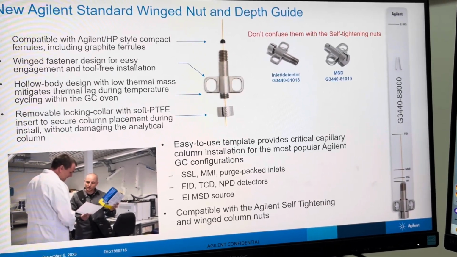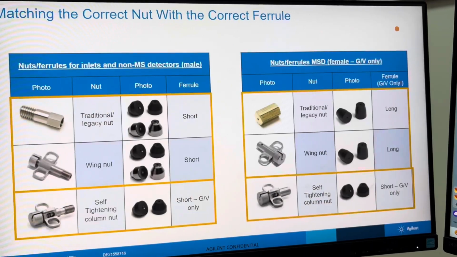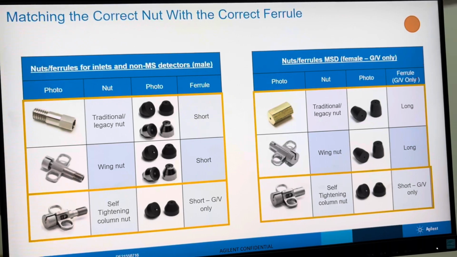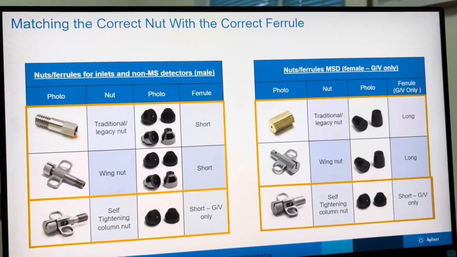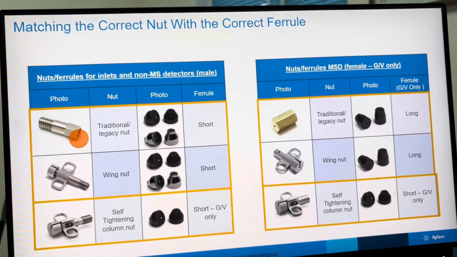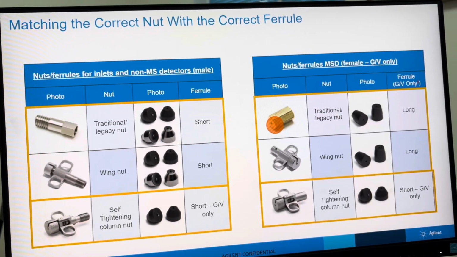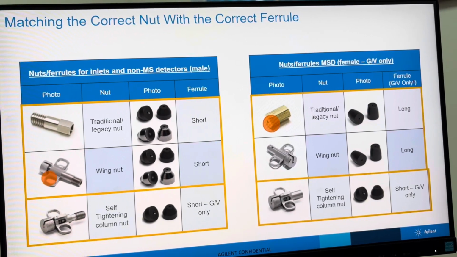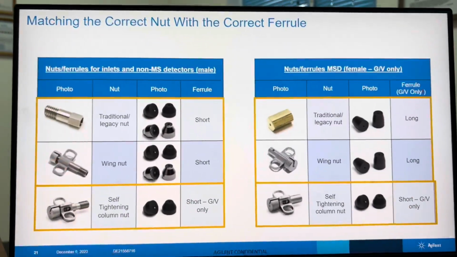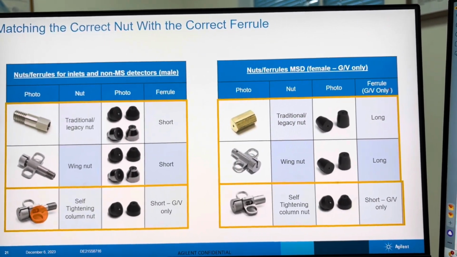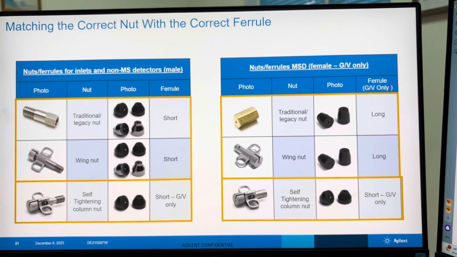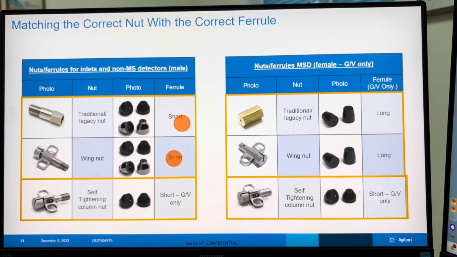And matching the correct nut. If you see here, we used to use these kinds of inlet nuts for the inlet, and for MS this one. These are the required tools to install the nuts. Now these come with wing nuts, which are without a spring, and a self-tightening nut with a spring, so as not to overtighten. Now, what kind of ferrules are we going to use? Generally, for all these short ferrules, graphite Vespel, we are going to use it for the inlet side. When it comes to the MS,